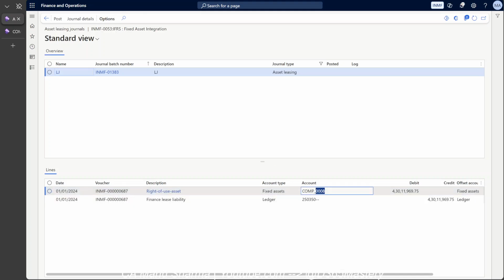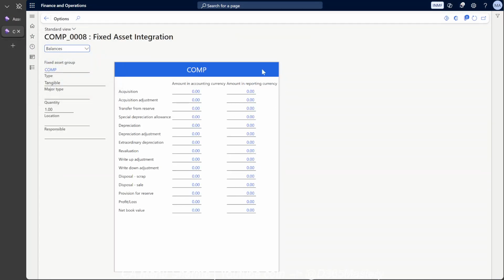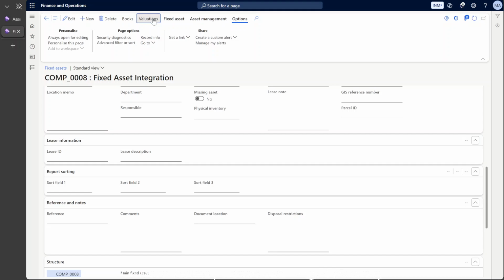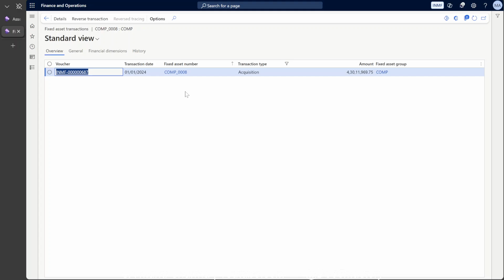Now you can also see the fixed asset number here. So once I post this journal, the fixed asset will be acquired. Currently you can see it is not acquired, but if I go back and go again into the valuations, you can see the entry has been posted. Now if I go to details,